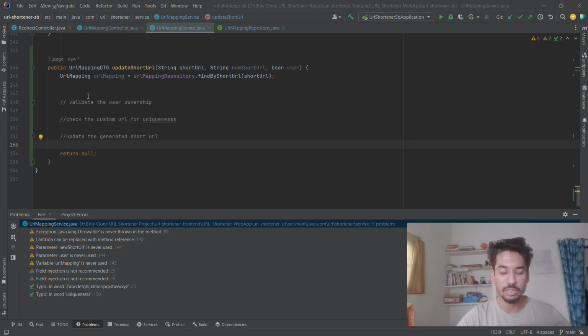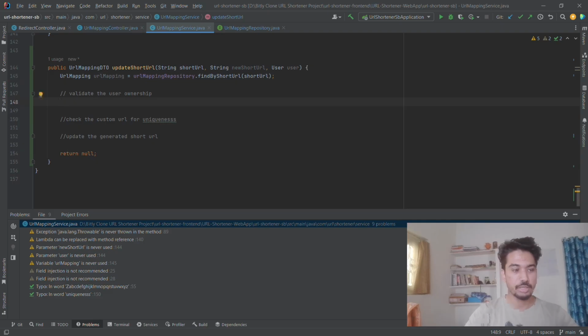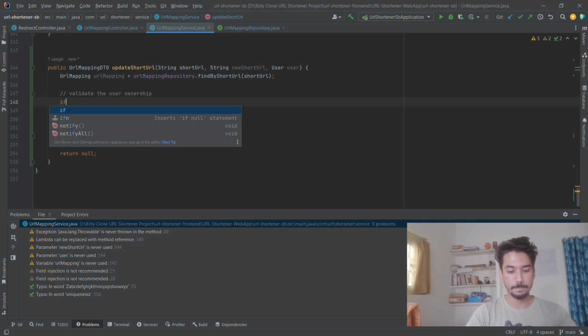We're going to customize it in the 3rd step. So let us actually start. In the first step, before the first step, we are already actually checking this. We are using the find by short URL method that is already there in the repository, and now we are going to say